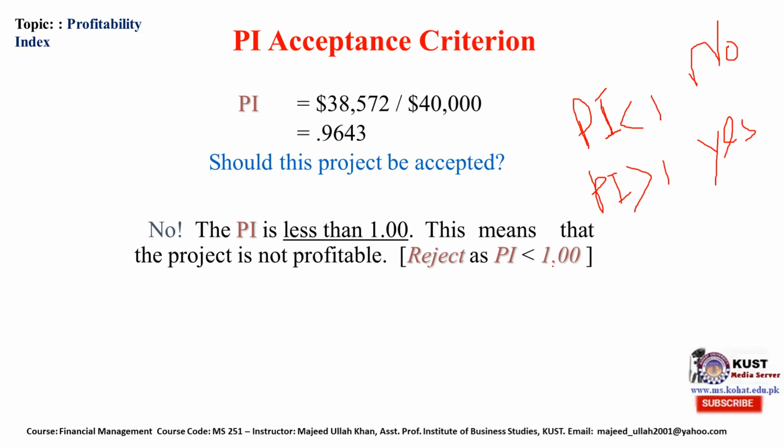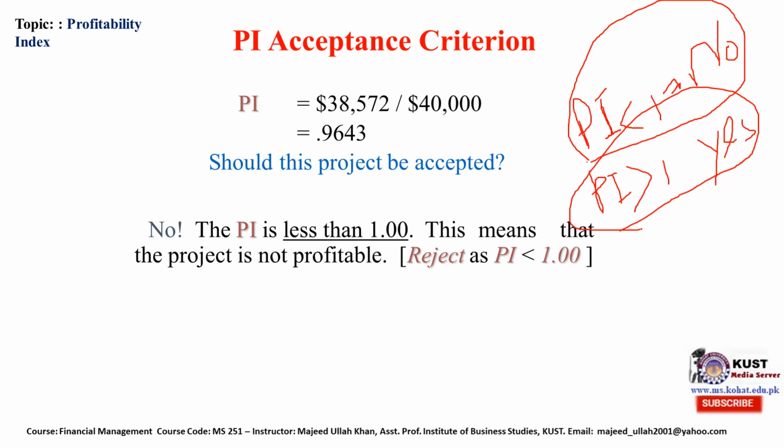This is the criteria for evaluating the project. You should remember this criteria: if the profitability index is less than 1, then no for this project. If the profitability index is greater than 1, yes for the project. What it means is, as I told you earlier, if you communicate this 0.9643 profitability index to a common man, that